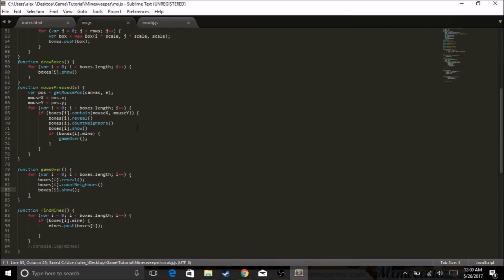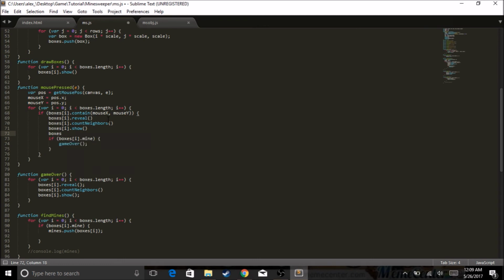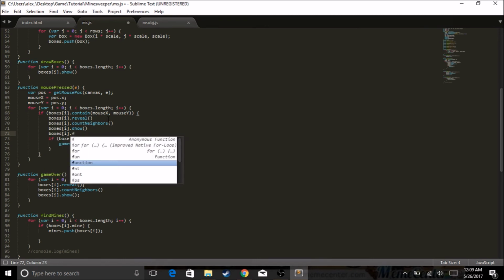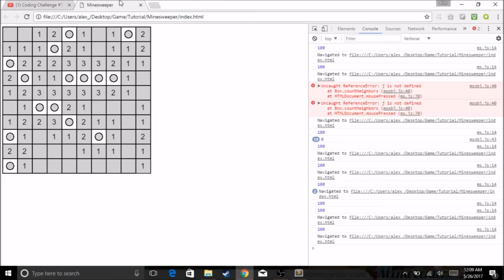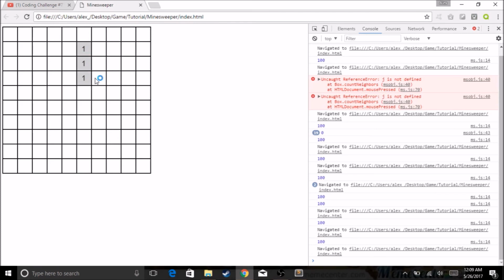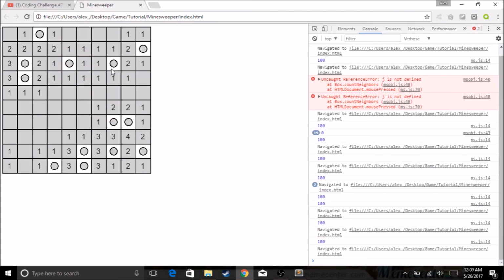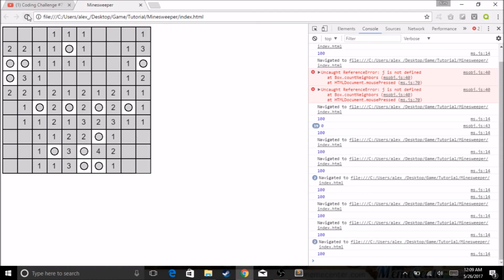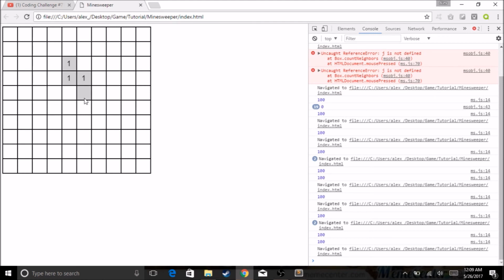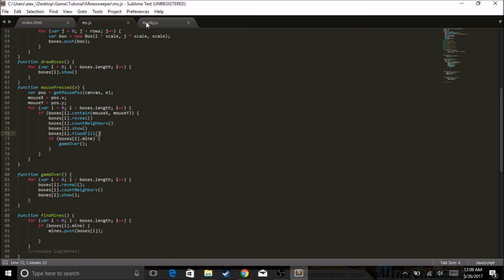So now that function is created. We should do contain boxes I dot flood fill. So over here, that means if it's 0, okay. Didn't really help because there's no 0. Find a 0. Okay. This doesn't really work. So if the box I clicked on was less than 1, right over here,